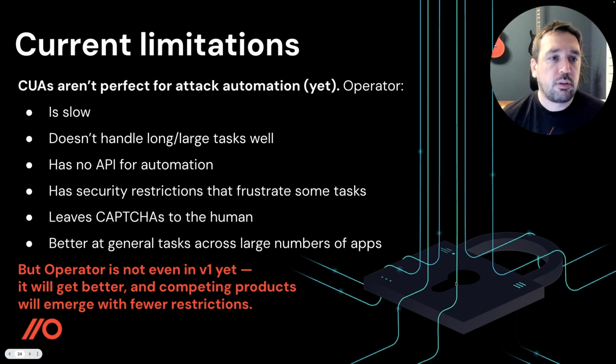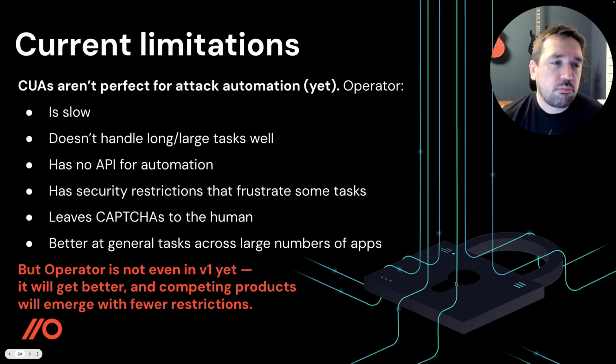Computer using agents aren't perfect. We've only got one operator. It's not even in version 1 yet. It's in pre-release, and it's only available in America and so forth. What are the limitations? For a start, it's slow. You probably saw that from the videos. If it's doing any one task, it's at best human speed, but arguably a bit slower than that. It's like a slow person. Maybe some things are a bit quicker. When it gets text, it probably reads it quite quickly. But in navigating, it's pretty slow.